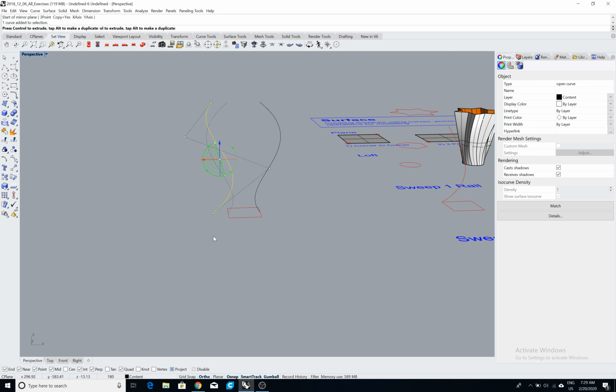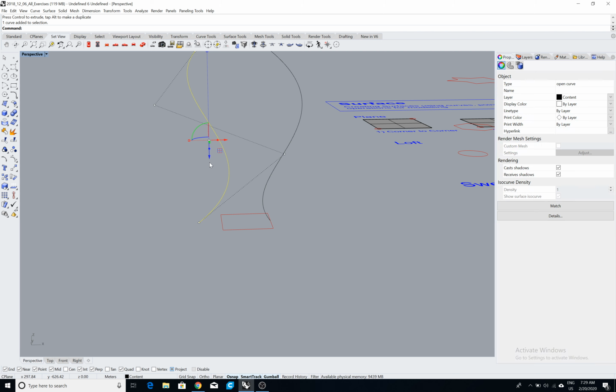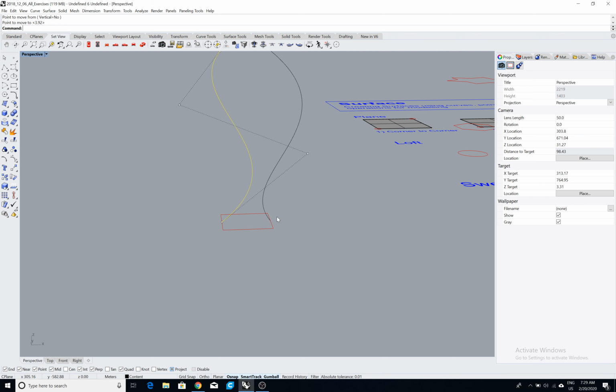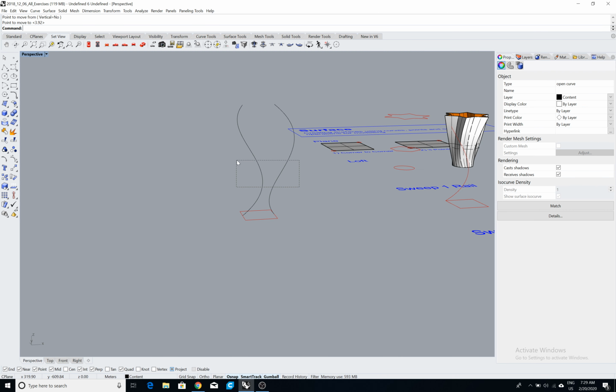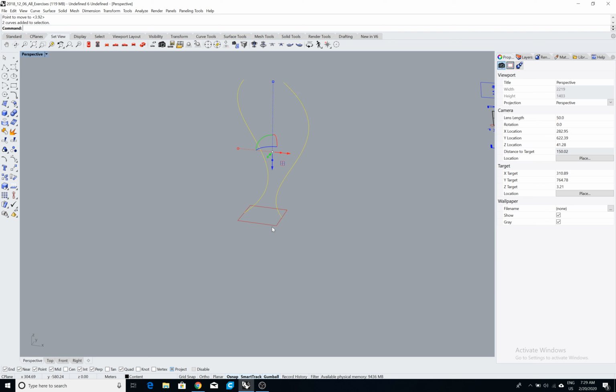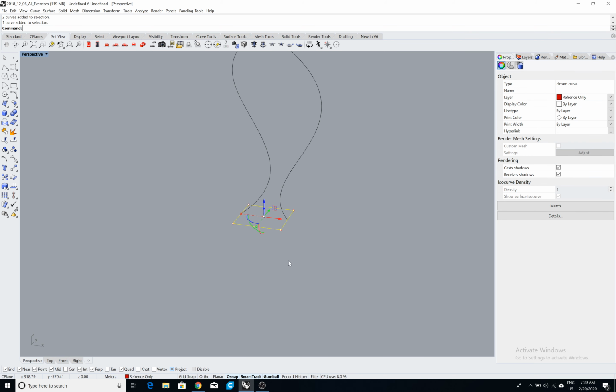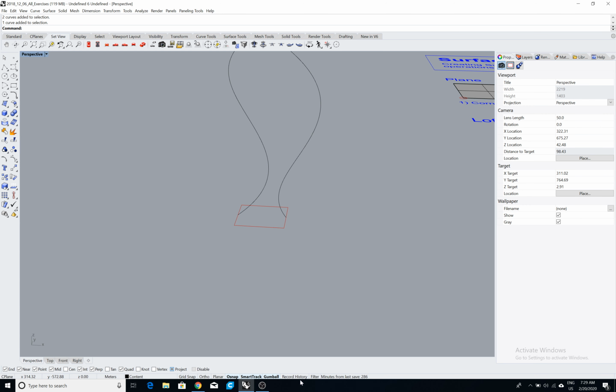I'm going to move this point to my midpoint, and say that now this becomes my rail for this particular geometry, and this becomes my cross section. I'm going to keep my record history on, and say sweep 2,